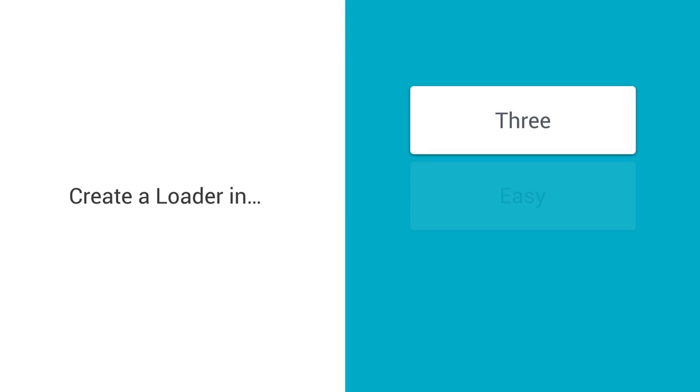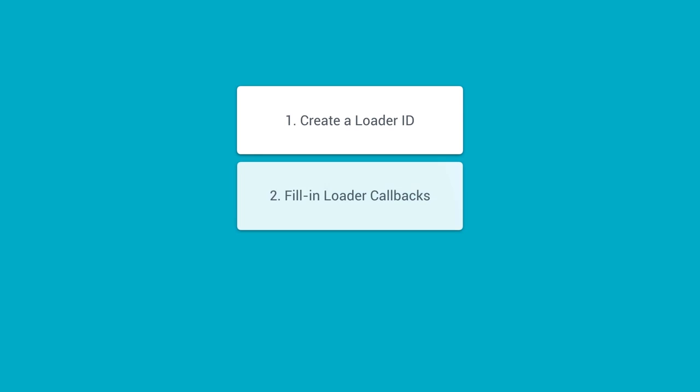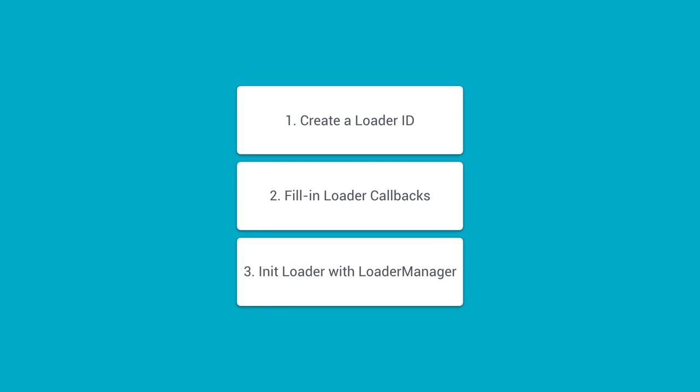Creating loaders is actually pretty simple. We start off by creating an integer constant for a loader ID. Then we implement the loader callbacks. Finally, we initialize the loader with the loader manager. Let's take a look at what we do to replace our async task with an async task loader in the